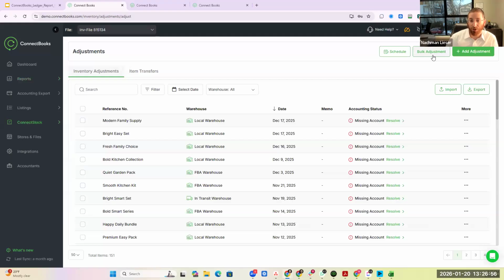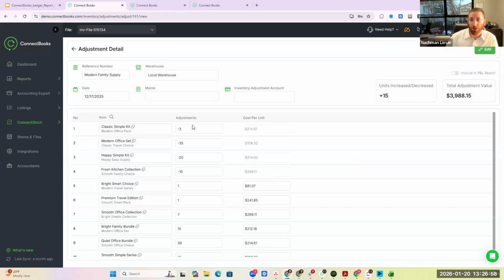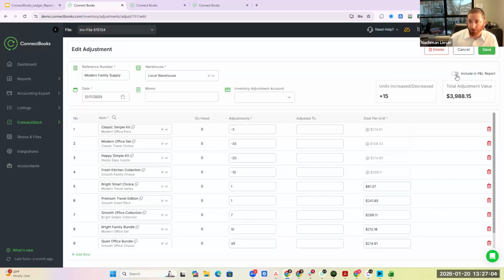you have the option to create a bulk adjustment, but anytime you create an adjustment in ConnectBooks, utilizing our inventory, over here you can do something called include in P&L report. Now, when you take this inventory adjustment and include it on the P&L report, it will show up on the profit and loss when you run it. So usually when I work with clients, for the first adjustment, just to get the inventory straight, I won't always include it in the P&L, but afterwards going forward, you want to